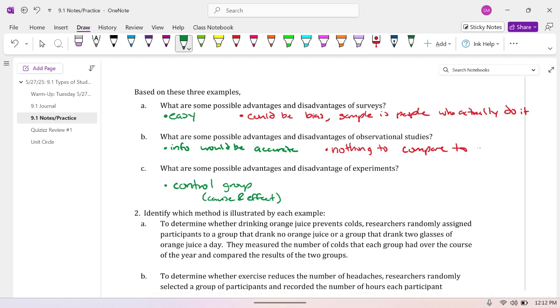What would be a disadvantage of an experiment? They're time consuming. So experiments can be very, very time consuming. Guys, I don't know if you know this, but the act of even setting up an experiment takes forever. So specifically in college, say you're doing an experiment in one of the science departments, or you're doing a psychological experiment. Anytime that we have to do a study or an experiment, we have to go through what is